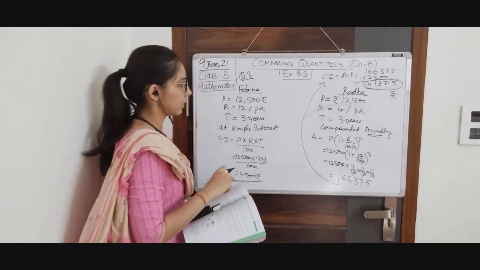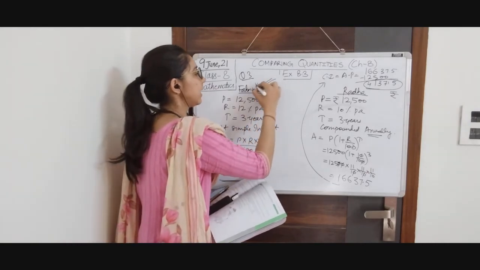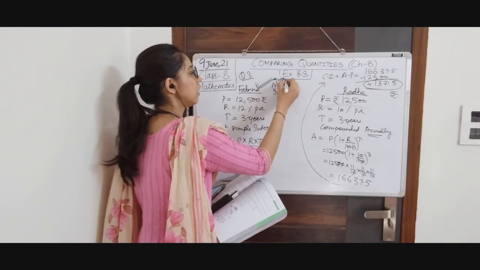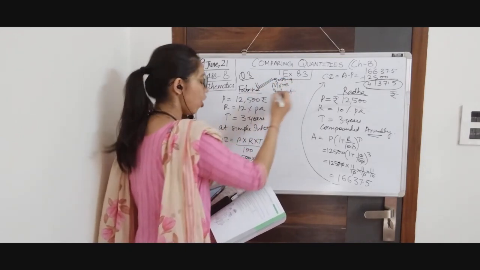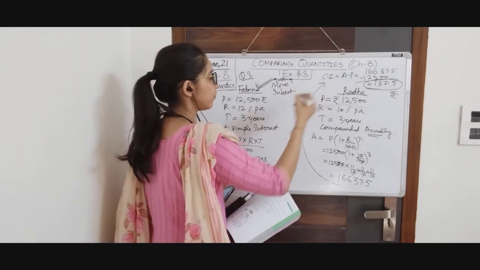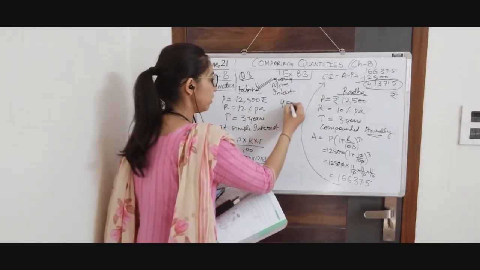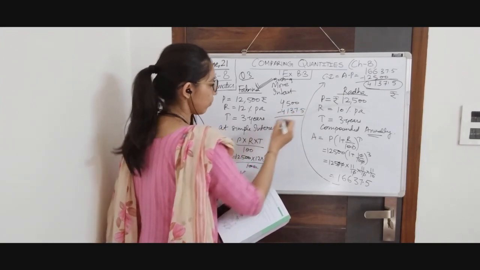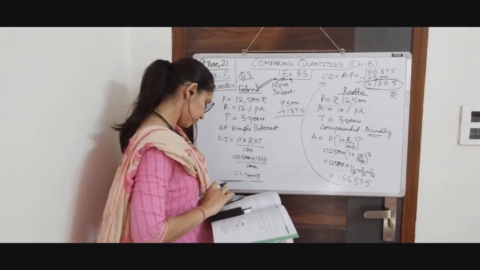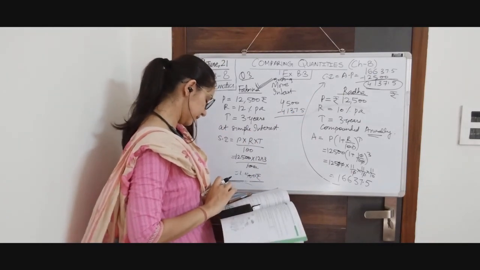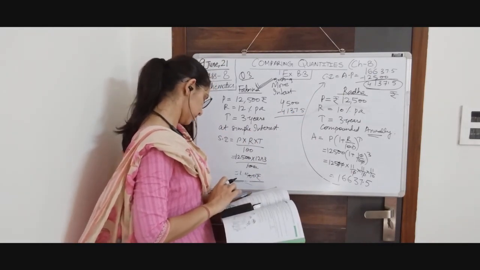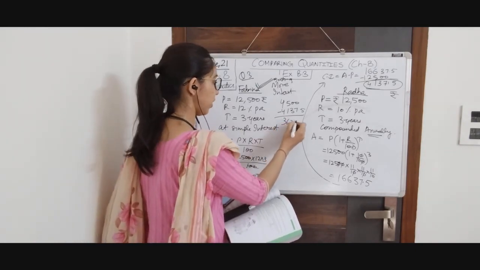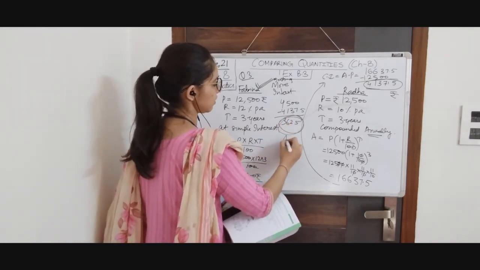Who pays more interest? Clearly, Fabina is getting more interest. She is getting more interest by how much? It means you have to find the difference of the two, and the difference will be this one minus this one, and it will come out to be 4500 minus 4137.5, which will be 362.5. This is your answer. Okay.